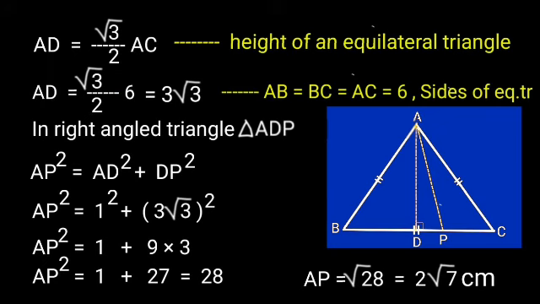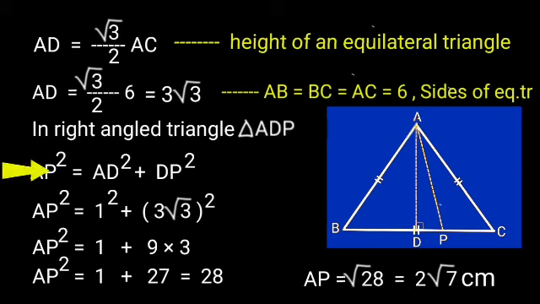The reason: AB is equal to BC is equal to AC is equal to 6, the given side of the equilateral triangle. In right angle triangle ADP, by Pythagoras theorem, AP square is equal to